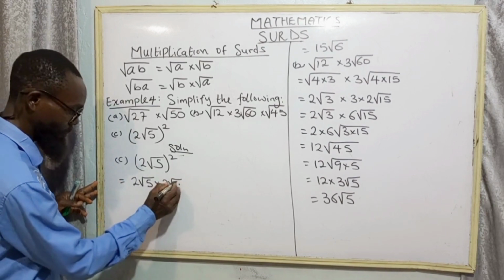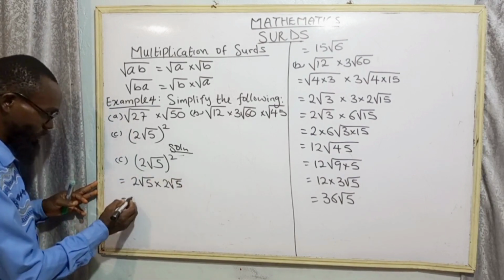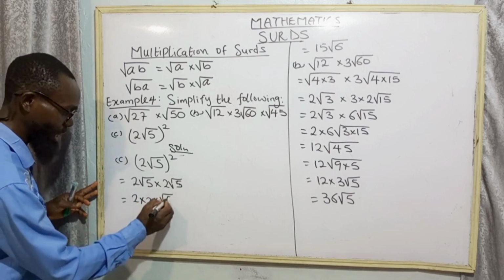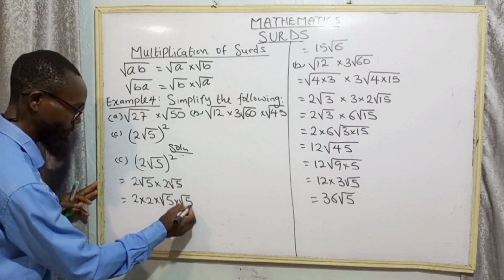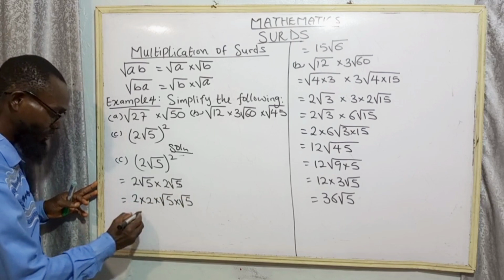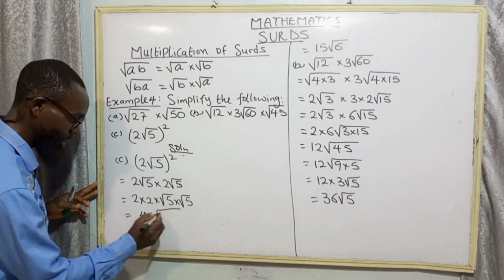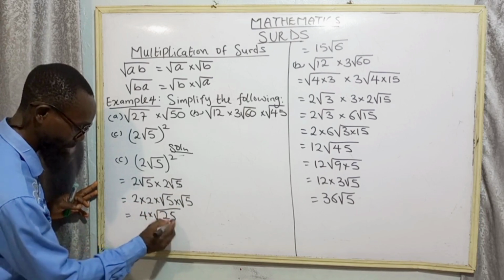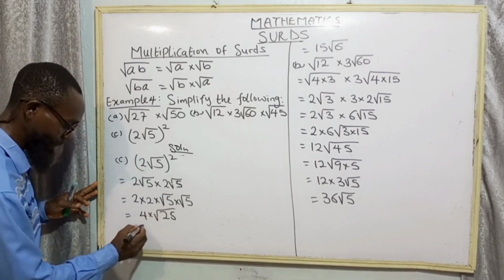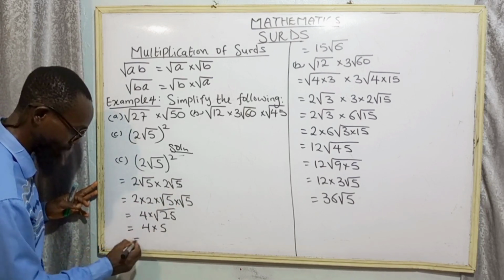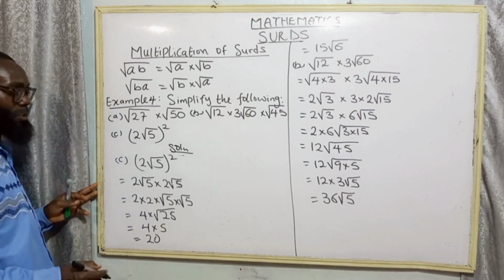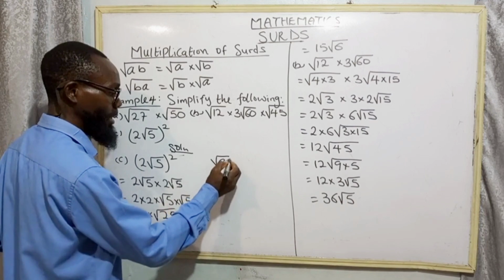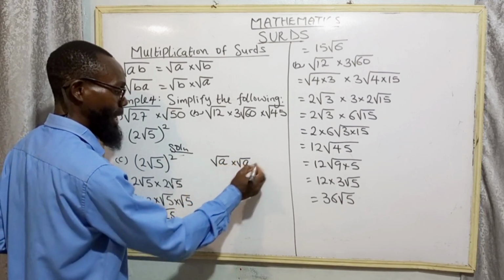So that is all the numbers together, 2 multiplied by 2, then square root of 5 times square root of 5. 2 times 2 we have 4, times square root of 5 times 5. That is what? 25. And what is the square root of 25? So 4 times 5. That is what? 20. So in multiplication, when we have square root of a multiplied by square root of a, our final answer